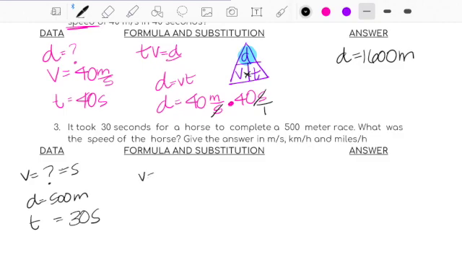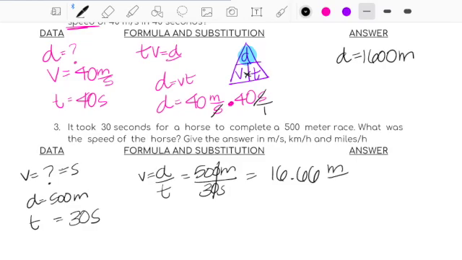So velocity equals distance divided by time. So we have 500 meters divided by 30 seconds. You can cancel zeros because it's like simplifying fractions. You already know that, right? So 50 divided by 3 will give you